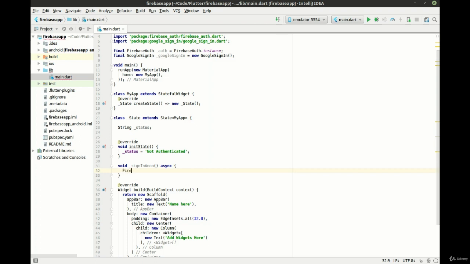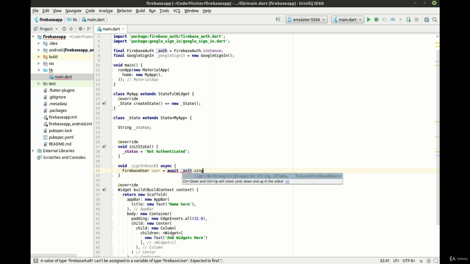We're going to say Firebase user. We want auth, sign in anonymously.